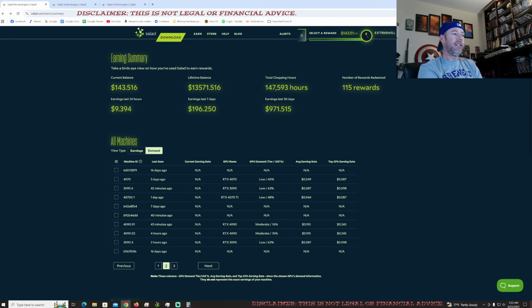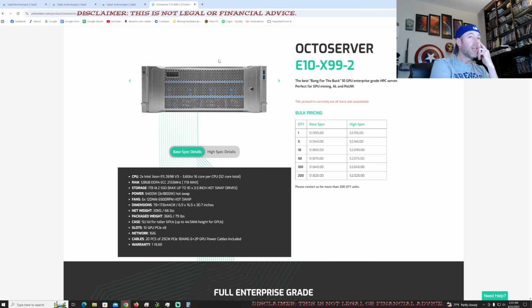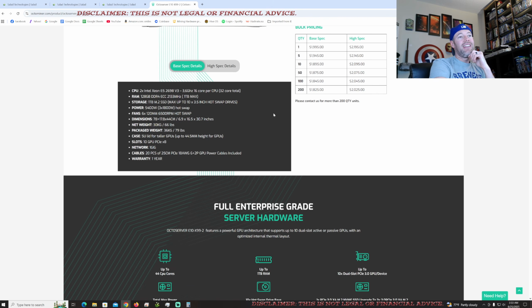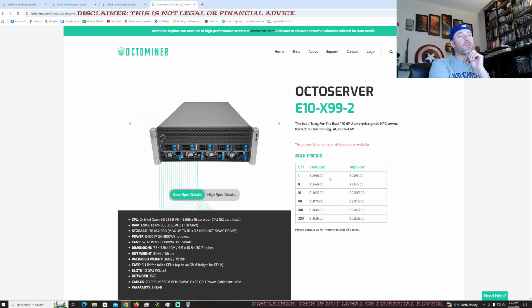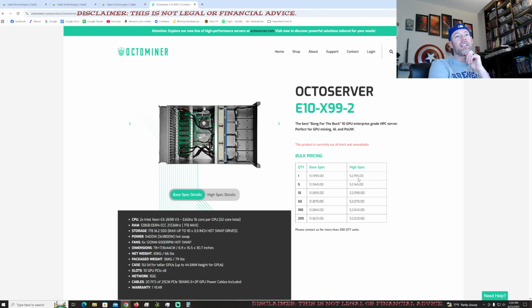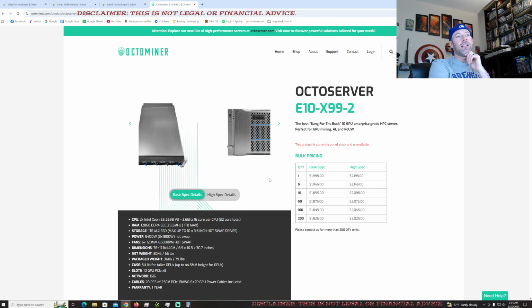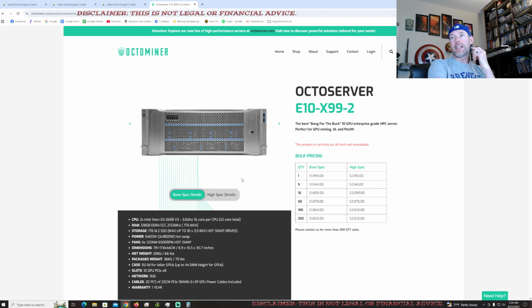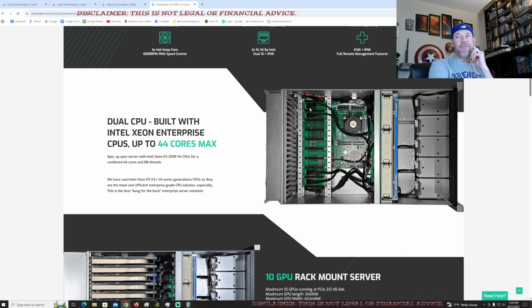But I've definitely been pretty interested in some of the stuff that Red Panda Mining's been showing. He's been doing a bunch of work with these things. I don't know how he's getting them. I'm assuming he's not buying them brand new, because brand new these are like $2,000, and the high spec is $22,000. So I don't think he's buying them brand new. I tried looking on eBay. I haven't seen any of them on eBay yet. But he's buying these things and filling them up,